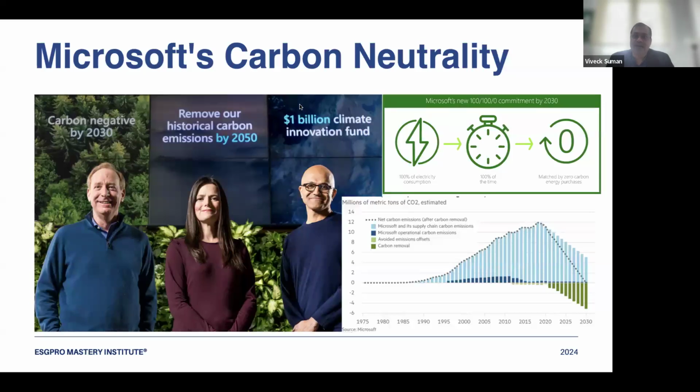Now, last part, which you also need to know, they have a pledge called the 100-100-0 commitment by 2030. Yeah, and that's the photograph on the top, where they have said that 100% of electricity consumption will happen 100% of the time on green, and they will make sure that it is matched with zero carbon energy purchases. So they are not purchasing any energy from the market. So that's how they will reach net neutrality, and sorry, net